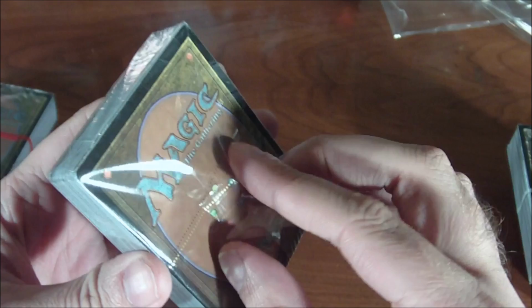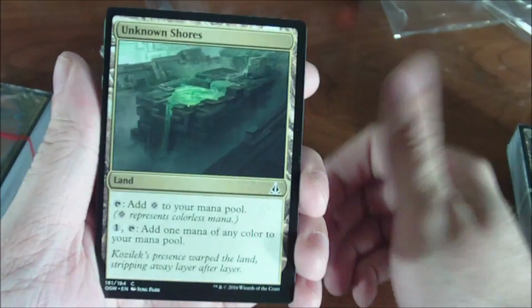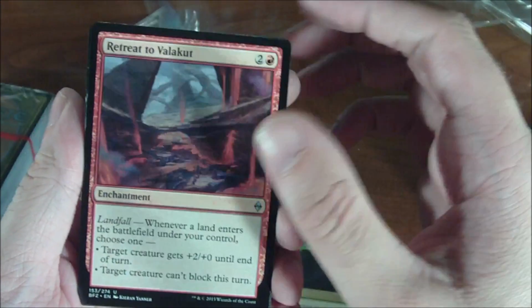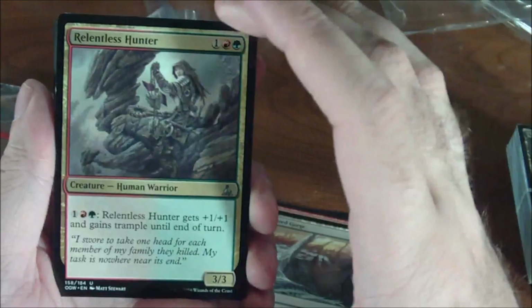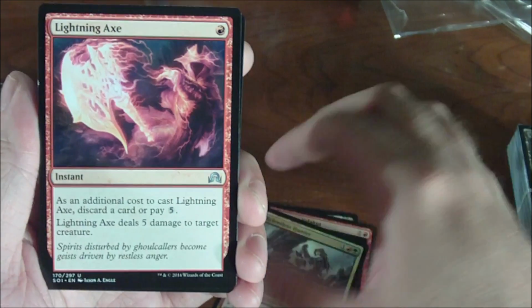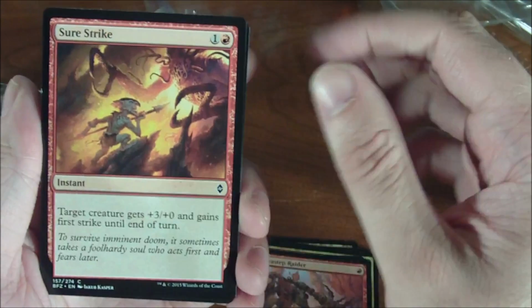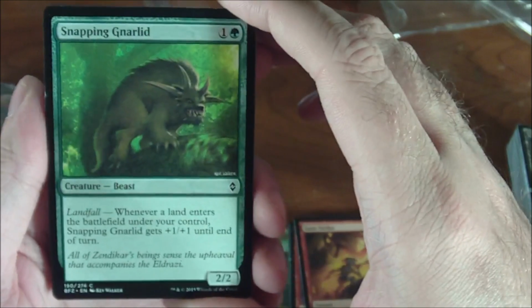All right, so we'll just have a look at this first one here, and we'll see if this is cards for regular play, or if these are a package of land cards. Let's have a look. So we have Unknown Shores. Nope, definitely not land cards. Retreat to Valakut. Blighted Gorge. Relentless Hunter. Lightning Axe. Lava Step Raider. Sure Strike. Snapping Gnarlid,